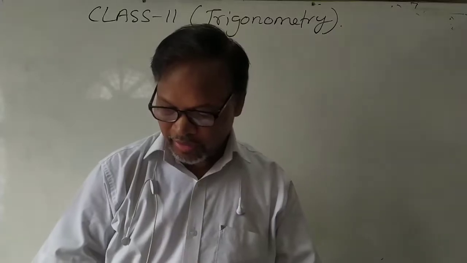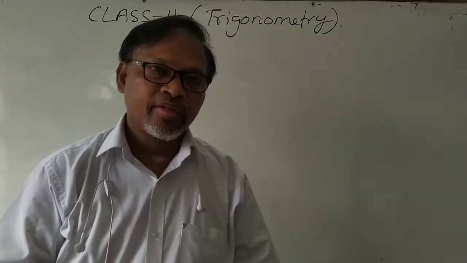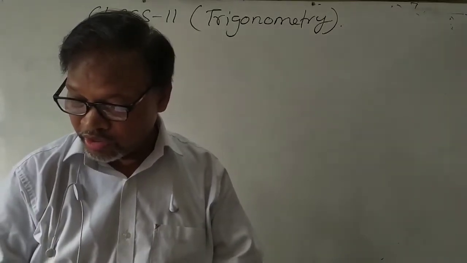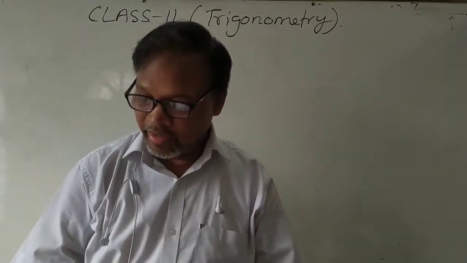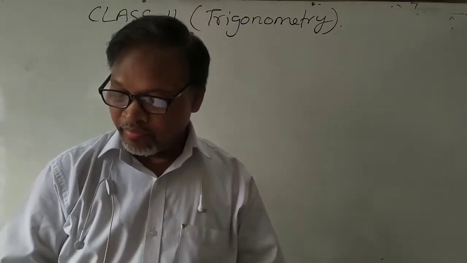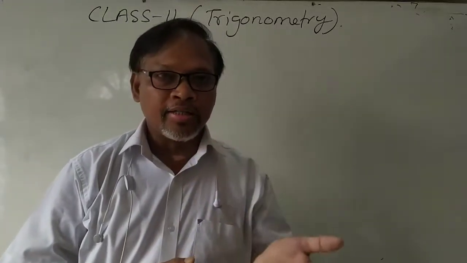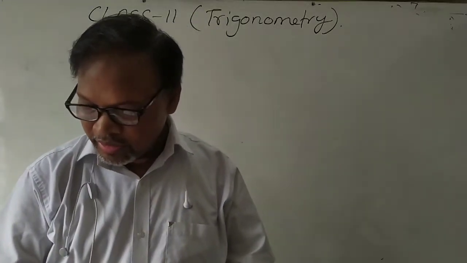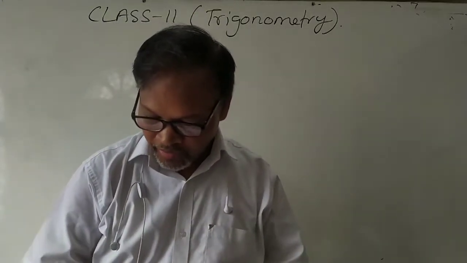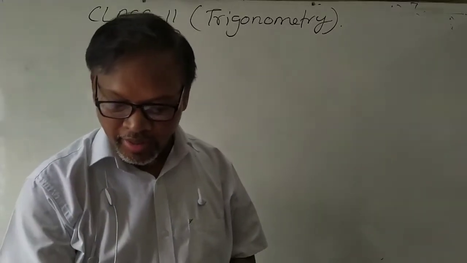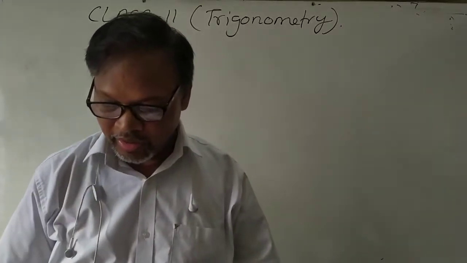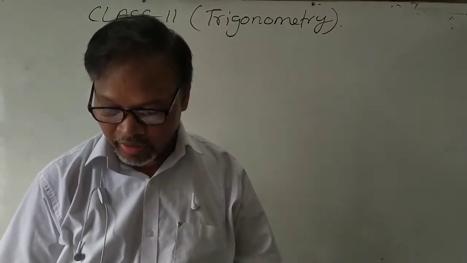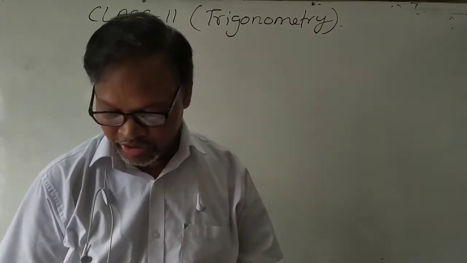But from 3.3, where it is given to find the domain, range, and some more things, the angles are given, in which direction, in which quadrant the angle lies, like this. So I just want to tell you the domain and range of the trigonometric function. What is the meaning of the domain and range of trigonometric function?